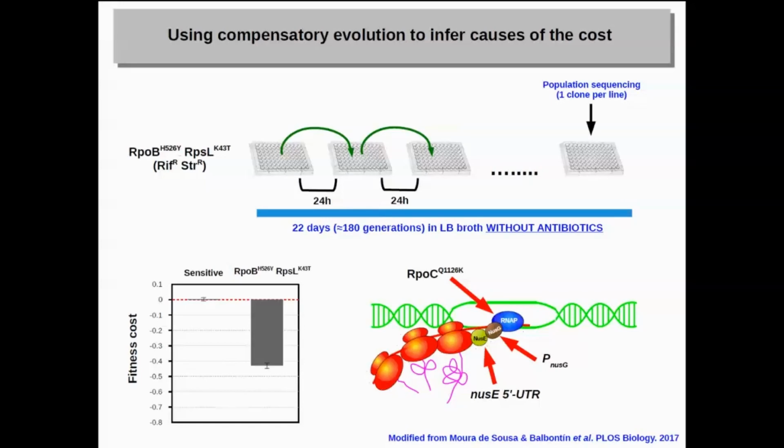And then we found several mutations. We found compensatory mutations that were described to be compensating for the problem of the rifampicin resistance. We found mutations that were known to compensate for the problem of the streptomycin resistance. We found mutations that were not described as anything. Some others were just adaptation to the growth medium that always happens in this experiment.